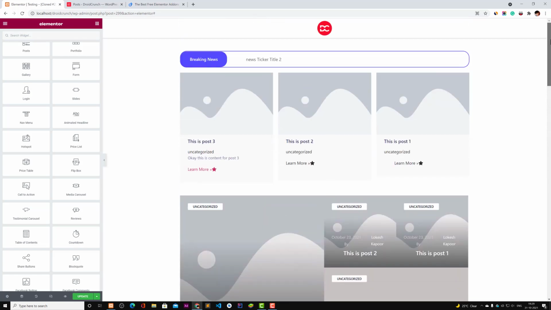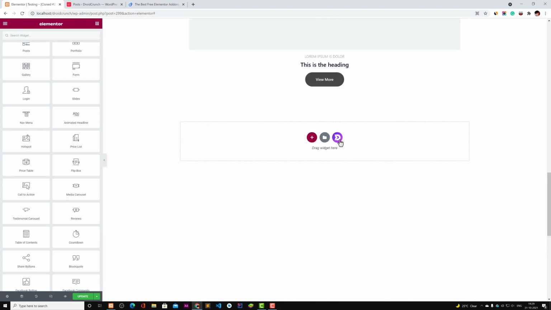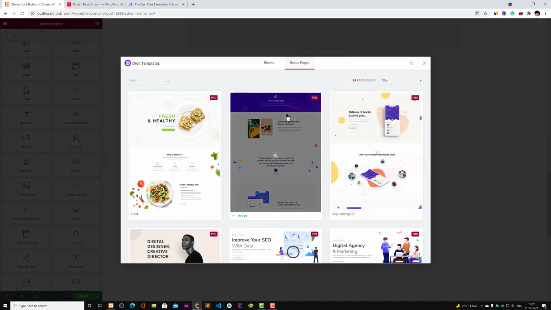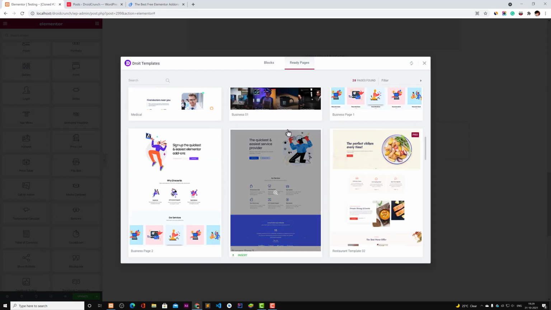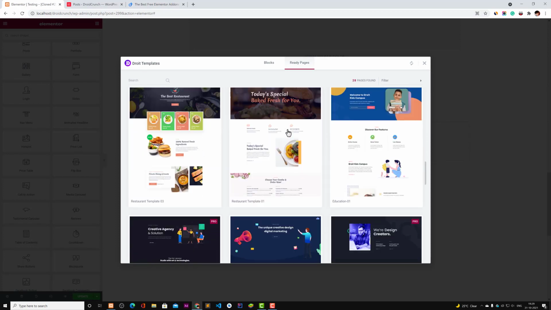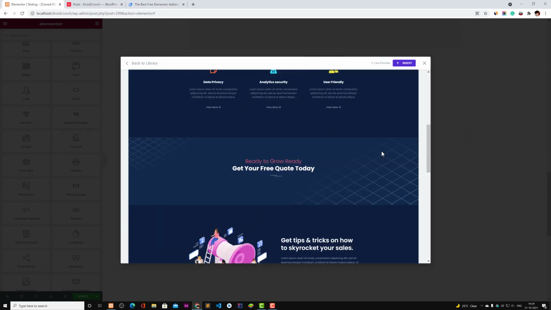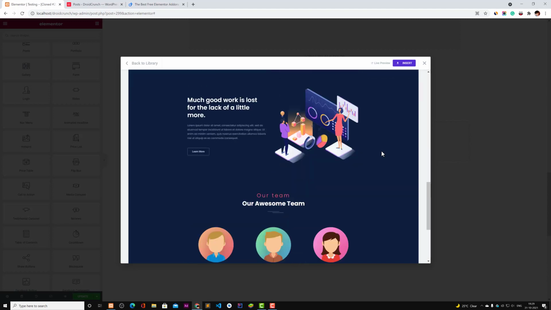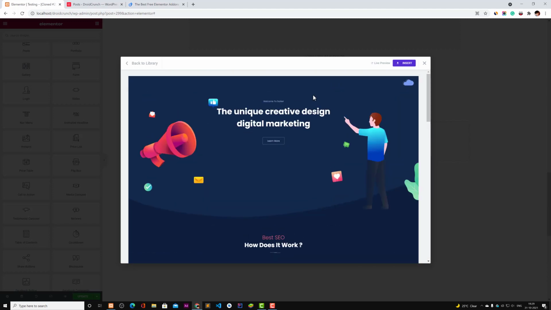And if you want to use their templates, then it's very easy. You just find this icon right here on any page when your plugin is installed, and when you click on it, you can find all the ready-made pages that you can import. So there are like 25 plus of these ready-made templates that you can insert right away. So this looks very good and the UI is very impressive.